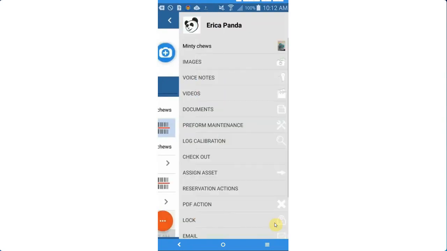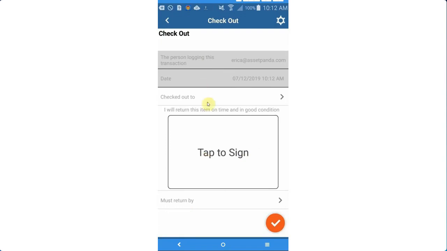When I tap on that, it's going to take me to quick reference where I can again attach any quantity of images, recordings, or documentation as an attachment to this object. It also allows me to perform any of the actions that have been set up by company administrators. Now in this example, I'm just going to use checkout. Checkout, I'm just going to tap on it, and we can kind of get a better idea about what this